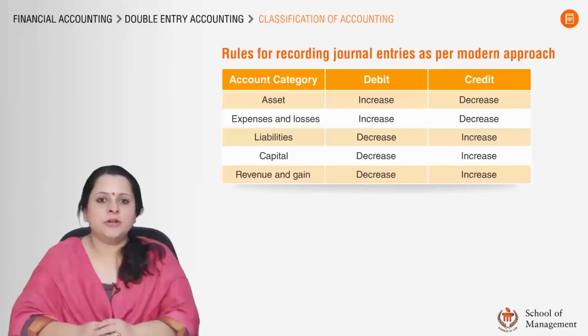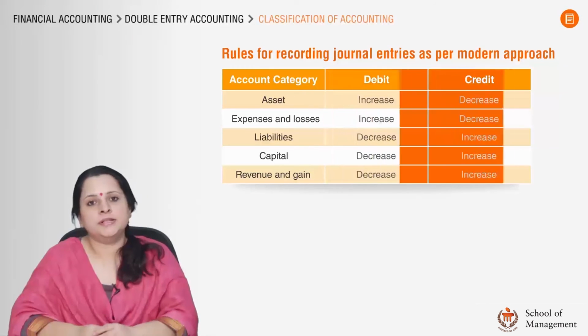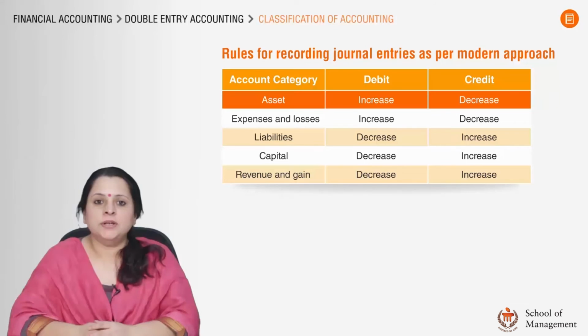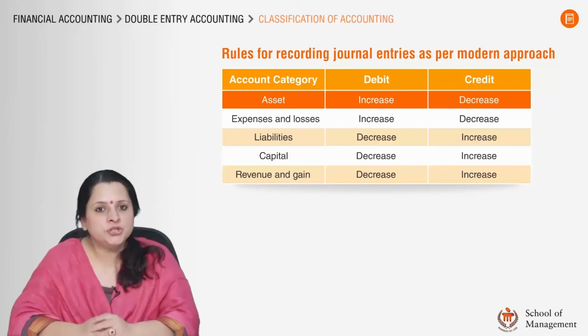Transactions are recorded on either the debit side or the credit side in a journal entry according to the rules mentioned that you see on your screen. Any transaction that leads to an increase in an asset has to be debited. On the other hand, a transaction that leads to a reduction in the value of an asset has to be